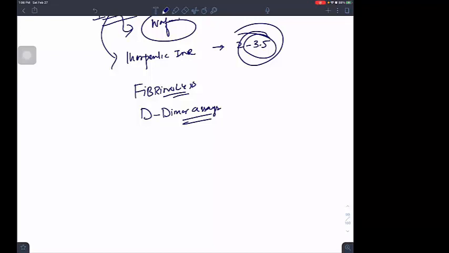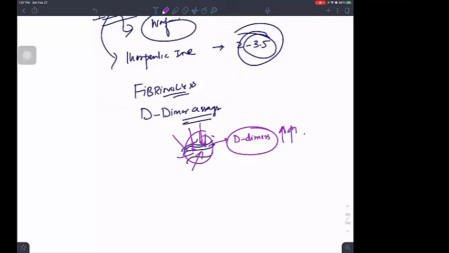Yeah, that's a beautiful answer. It was actually being produced when I was destroying the fibrin mesh. When I destroy the fibrin, the plug which you had formed, if you want to dissolve this, you will produce D dimers. So if I break these fibrin threads, my D dimers should increase. So I should indirectly check the D dimer levels.